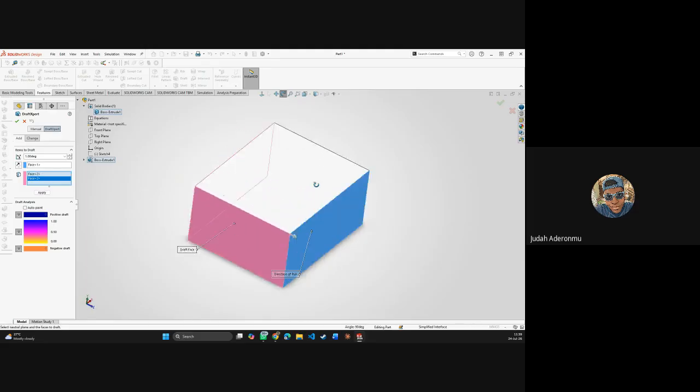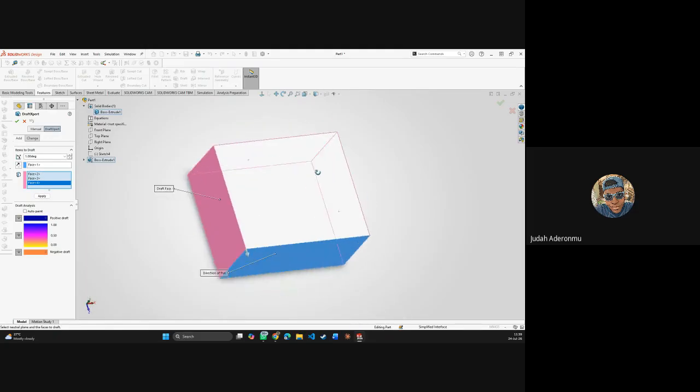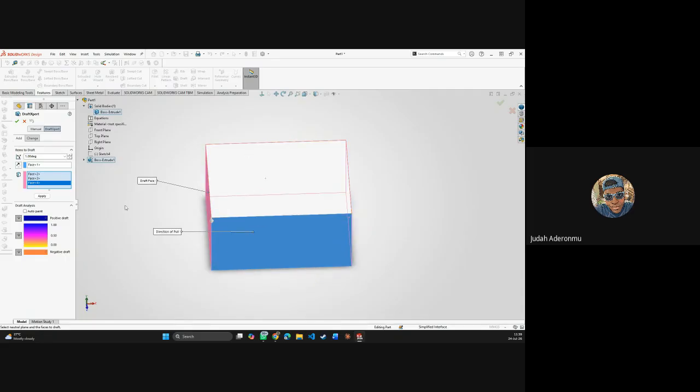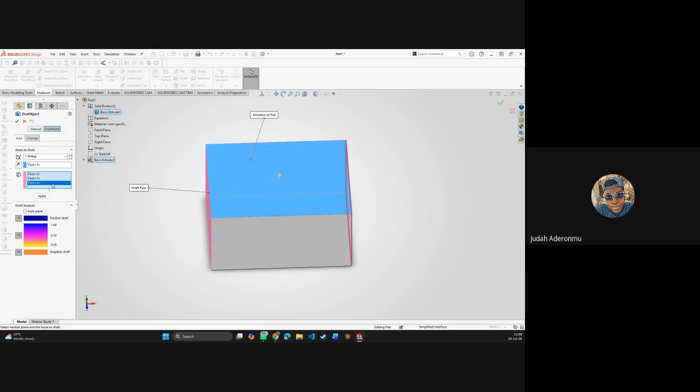I think direction of pull is going to be, yeah, direction of pull. So the direction of pull is going to be this face here. And then